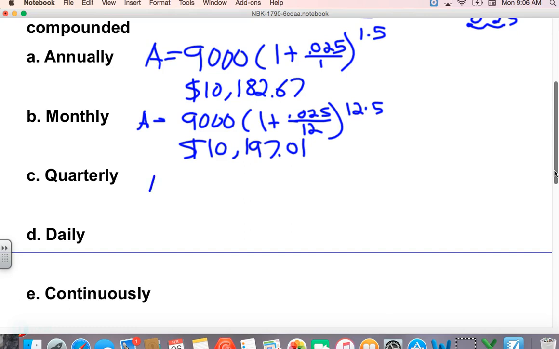Now quarterly. So now how many times a year is it? Well, if you do it quarterly, I think 4 quarters in a dollar, you do it 4 times a year, every 3 months is what quarterly means. They talk about those in the business world a lot, you know, first quarter or second quarter. They're talking about the first 3 months of the year and the second 3 months of the year and all that good stuff. So we plug in 4